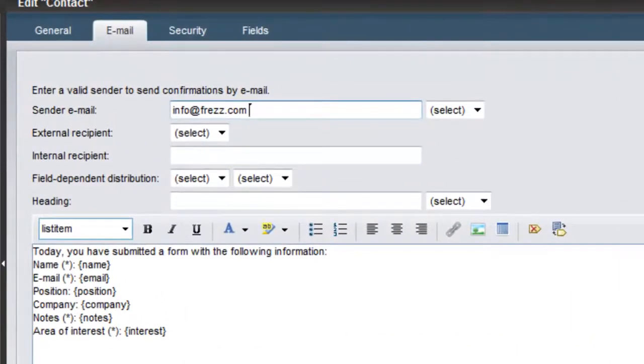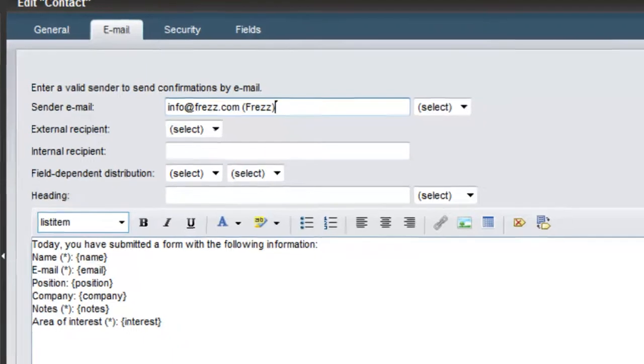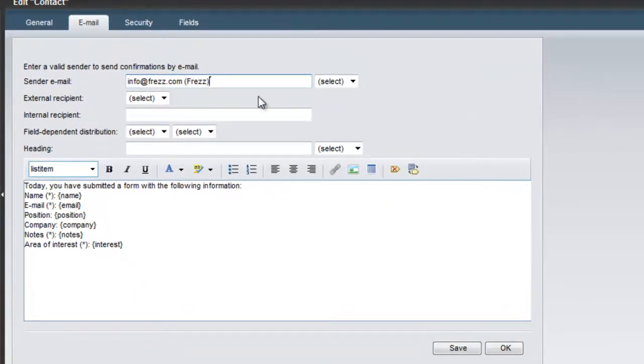You can add a name by just adding the name in parentheses. So for example here, I'll just use info@frez.com and put Frez in parentheses like this. The next 2 fields are external recipient and internal recipient, which are your visitor and your organization respectively.